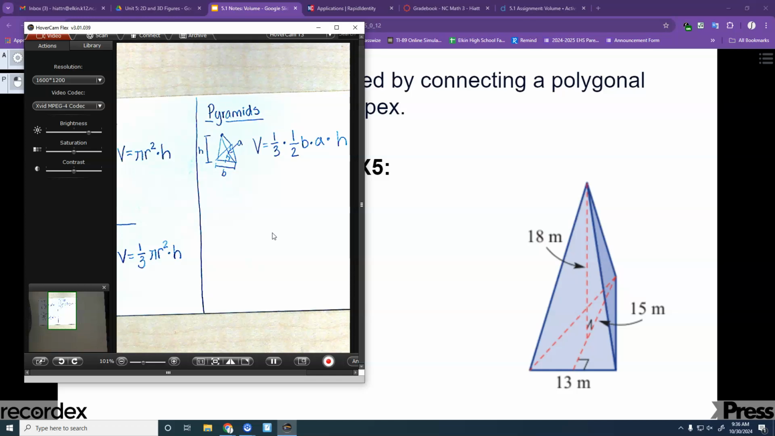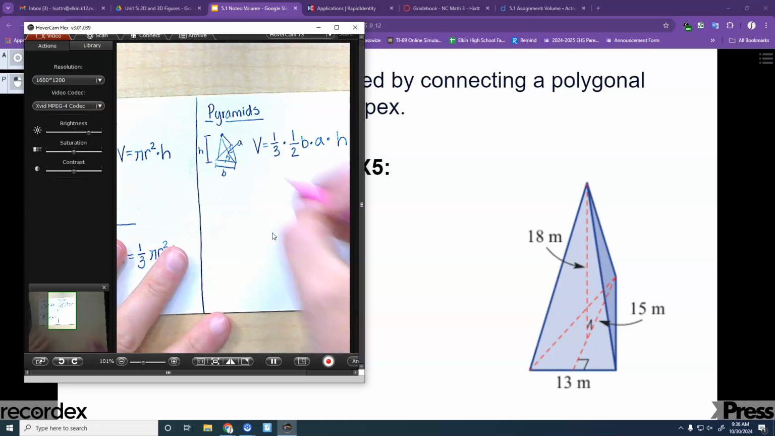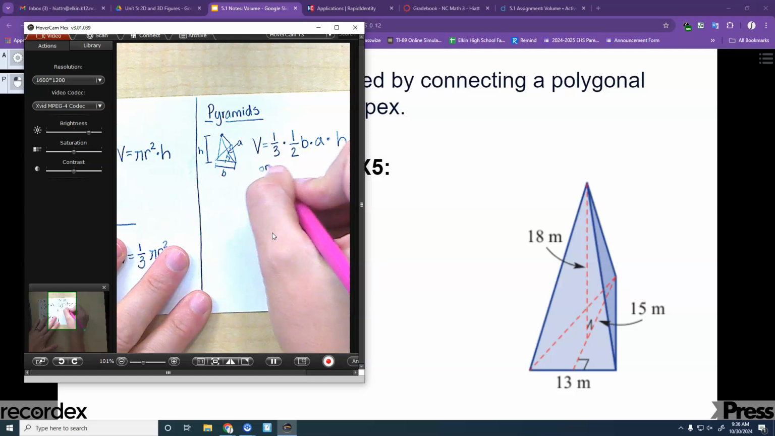What's 1/3 times 1/2? How do we multiply fractions? We just did rationals. 1/6. Just multiply the top. 1 times 1 is 1. Multiply the bottom. 3 times 2 is 6. Right? So if you wanted, you can do 1/6